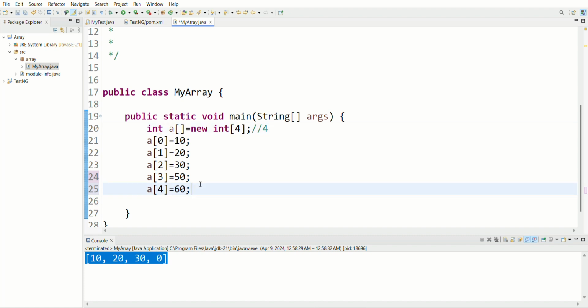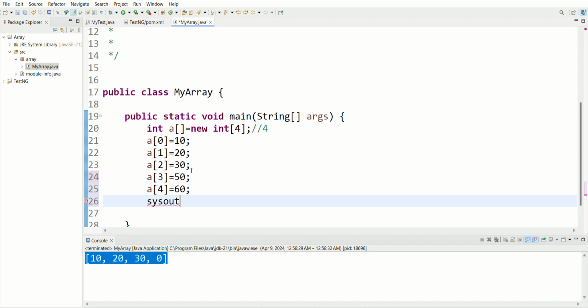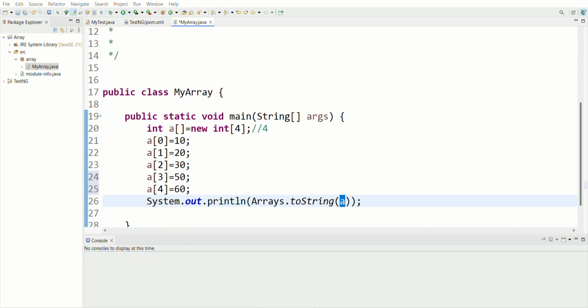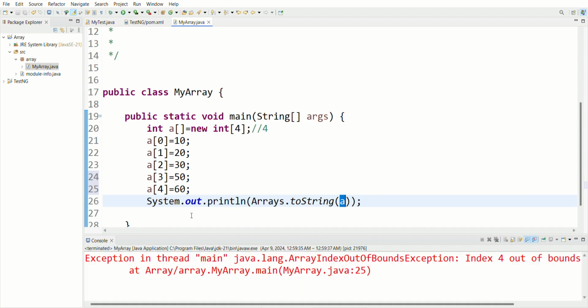When the size is less and the elements we are inserting are greater, it will give an ArrayIndexOutOfBoundsException when we try to print this. Let me write System.out.println, Arrays.toString of integer type, because my array is of integer type. It will give the ArrayIndexOutOfBoundsException. Just look at this.